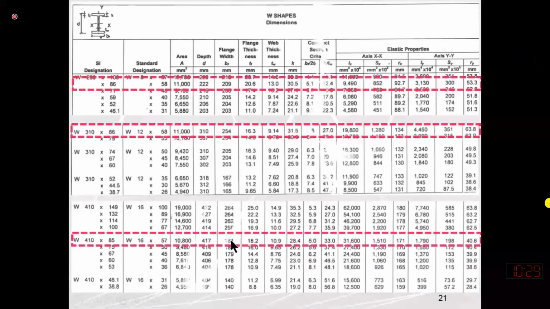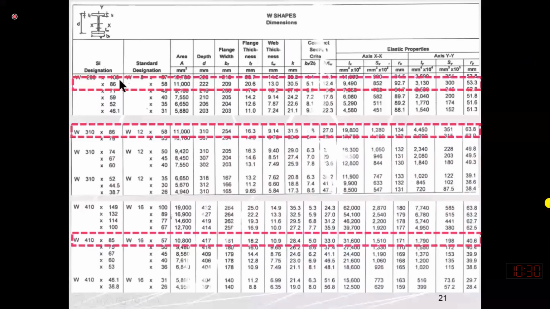So it means that its radius of gyration is less in the y direction, or moment of inertia about the y-axis is less as compared to other sections which have lower depth, because area is the same. If area is the same and the depth is more, then to accommodate the same area, width will be less, as you can see over here. So either this or this would be our first trial section. I have selected this as the first trial.